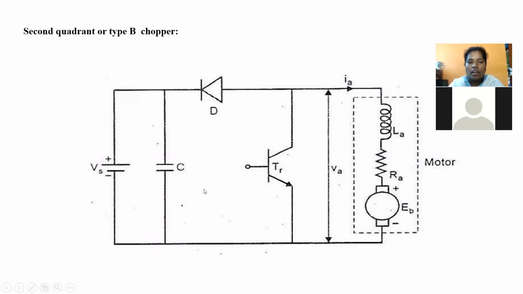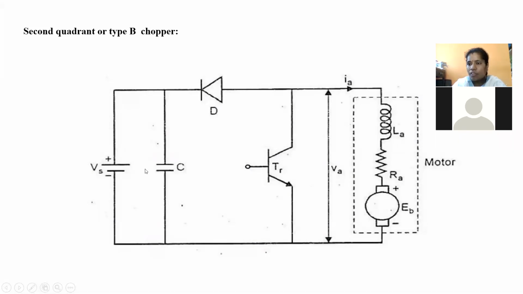First of all, observe the circuit diagram which appears on your screen, with the small elements present in the circuit. First one is our supply voltage Vs, and here is a capacitor. Our first limitation for this chopper circuit is that initially the capacitor is fully charged with the help of our supply voltage. All of you please listen.